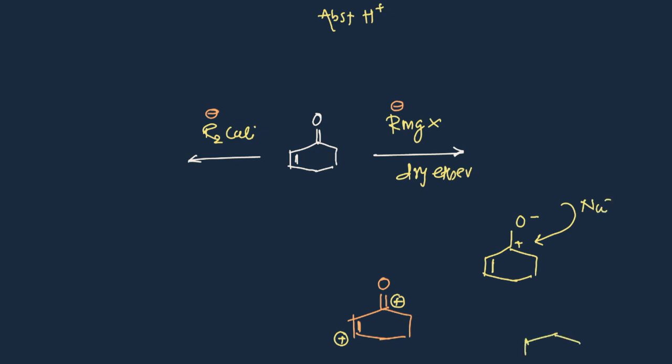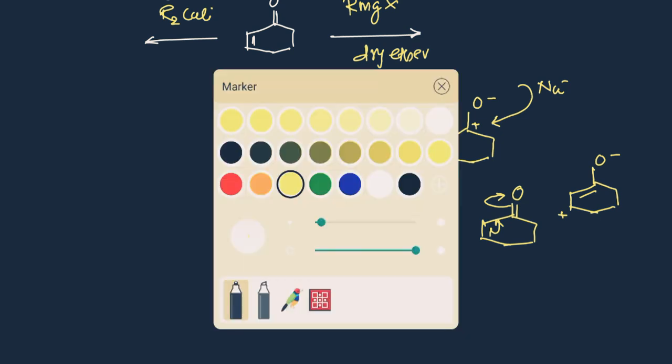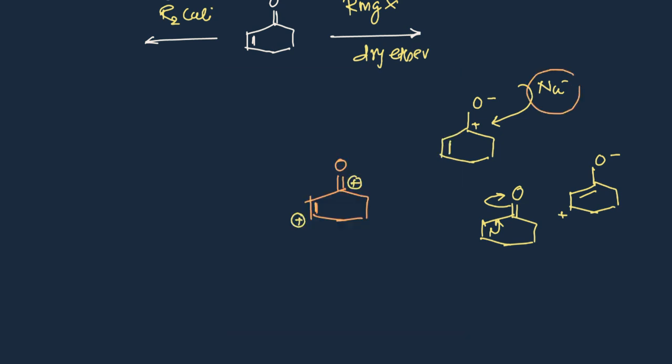And in the case of conjugate addition, what is that? This double bond will be shifted here, and the bond will open to oxygen as per the resonance rule. So here O negative, and here will be the positive. So there are two electrophilic centers in conjugated carbonyls, one here and the second here. Whenever a nucleophile attacks here, it is called a 1,2 addition. Whenever the nucleophile attaches here, this is called a 1,4 addition, with respect to numbering 1, 2, 3 and 4.